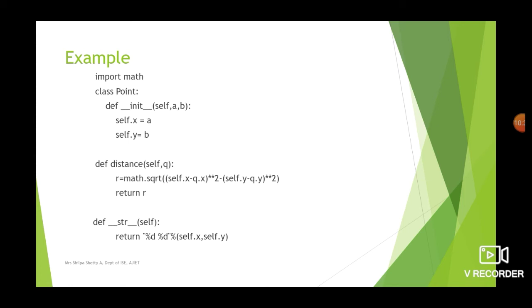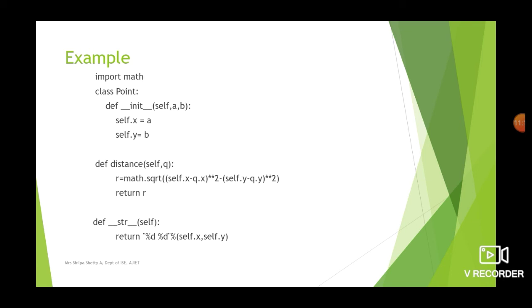One more way is, if you simply write print p1, where you are just writing the name of the object, and on writing that, if you expect the x and y values to get printed, then you have to define a function called str, which returns you a string representation of the object. So define str. Again, the str function is written in the same way as the init function: 2 underscores, str, followed by 2 more underscores, self. So self is the object that has invoked this function.